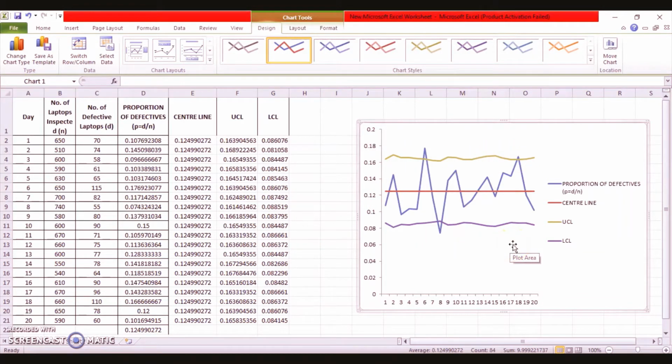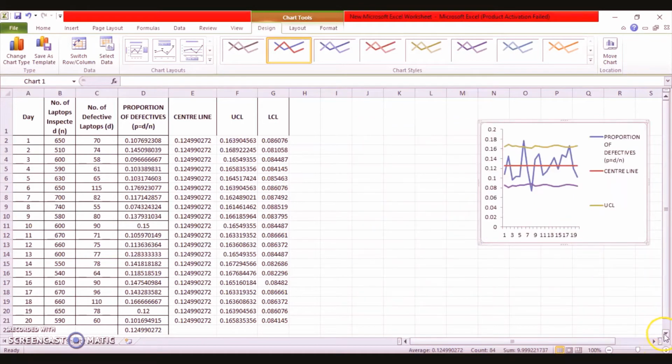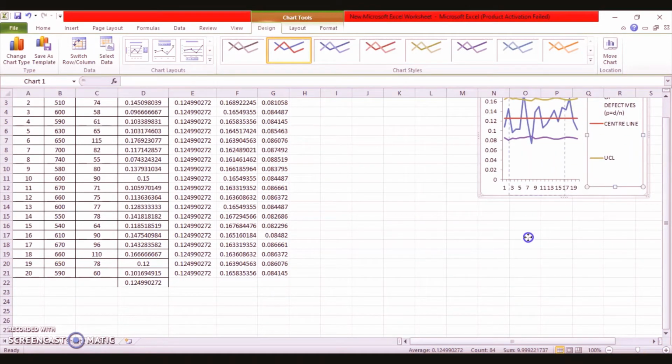So this was the first approach, in which we calculated the control limits for each sample here, right? Now let's see the second approach. As you know, in the second approach, the control limits are calculated using the average sample size, and we get constant control limits just as we get in the case of a constant sample size. Now how are we going to do it? First of all, I am going to minimize this line graph a bit, and I'll place it down somewhere here so that we can pursue the calculations.